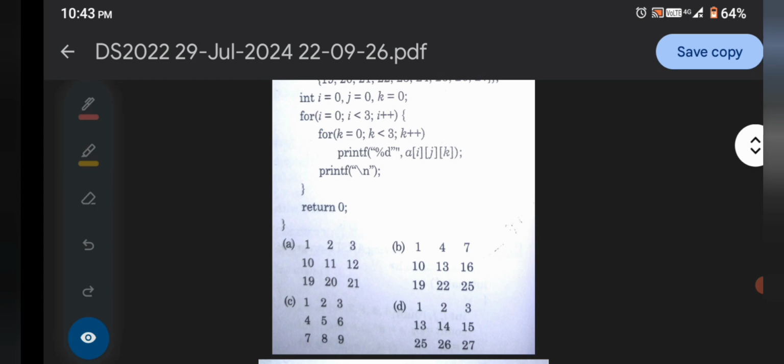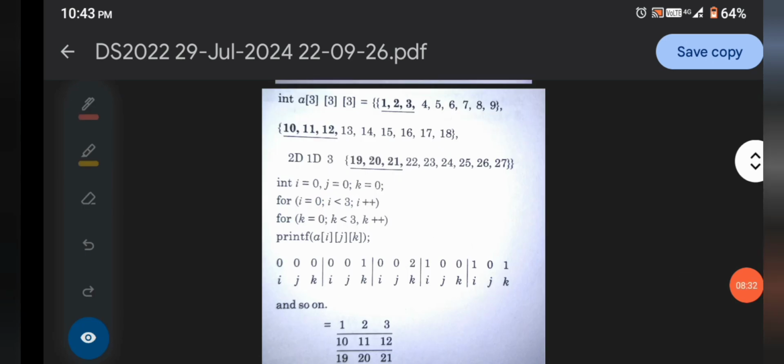Okay, now we come to the next, that is the solution and explanation of that program. So this solution is very easy, because your pointer goes to less than 3. Now if we talk about i and j, it goes from 1 to 3. For the j, it also goes from 0 to 3, which means it contains 0, 1,